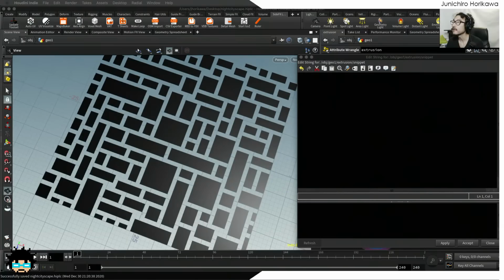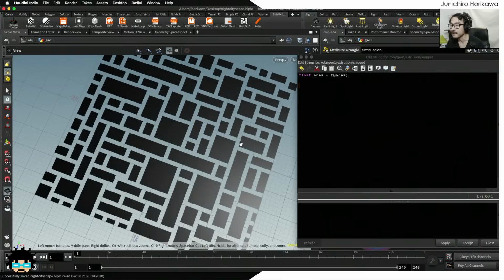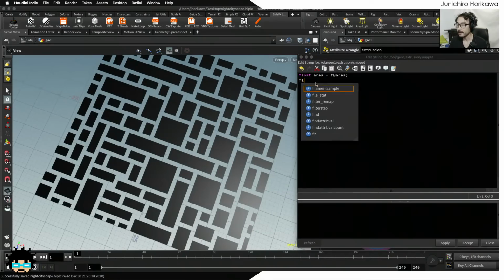First thing I would like to do is to retrieve the area from the primitive attribute, and then calculate the height of each of the primitives for each of the buildings, using this area. So let's name this